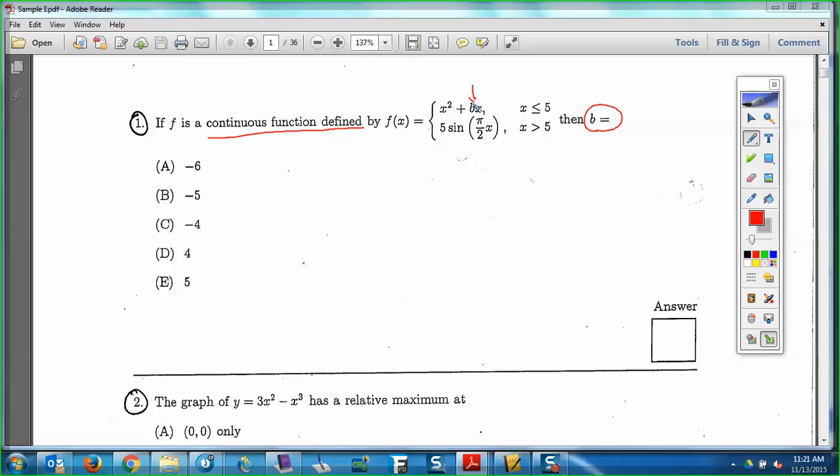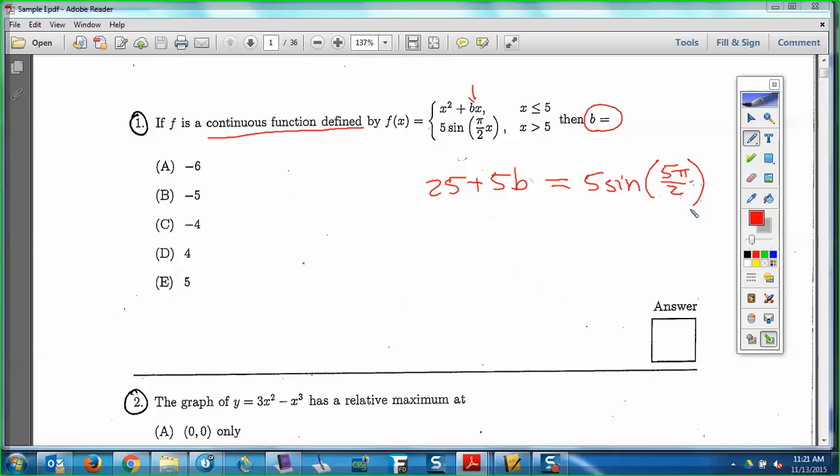If they both have the same y value, the one's going to stop and the other's going to take off from the same place. You won't have to lift your pencil. It'll be nice and continuous, and that's what the question's asking. If there's a break, then you got a problem. So you simply plug a 5 in for x, so you get 25 plus 5b, and you'd want that to be equal to 5 sine